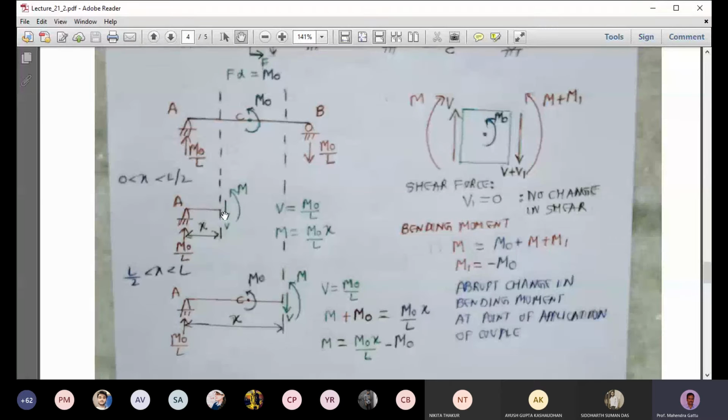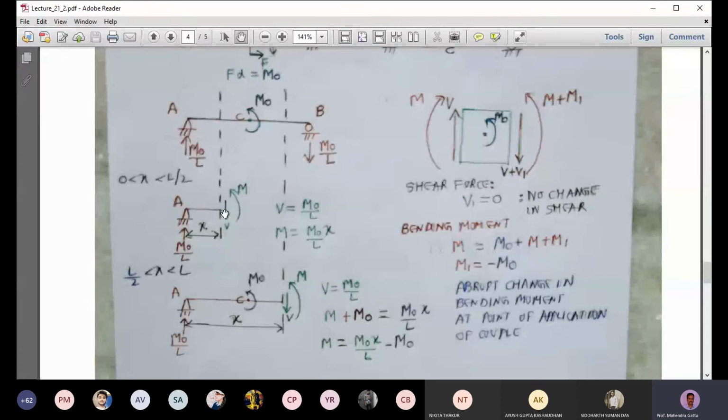So at that location we have one shear force. The sign convention we will adopt: shear force will be in the downward direction, and M will be in the anti-clockwise direction. Okay, and then we have that reaction coming here at point A, m naught by L. So we can do the force equilibrium and moment equilibrium. So force equilibrium in the vertical direction will give V is equal to m naught by L, and moment equilibrium,